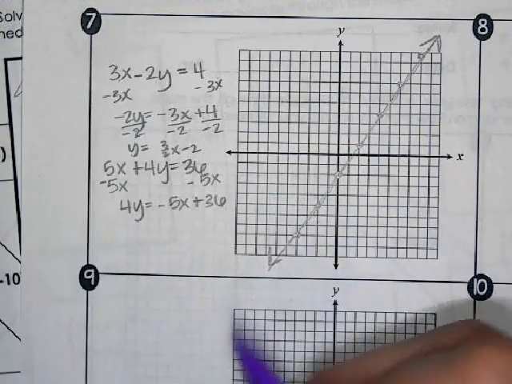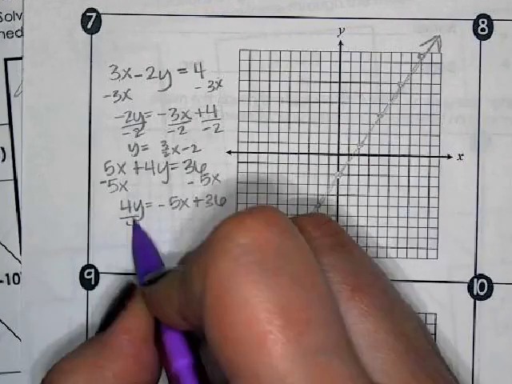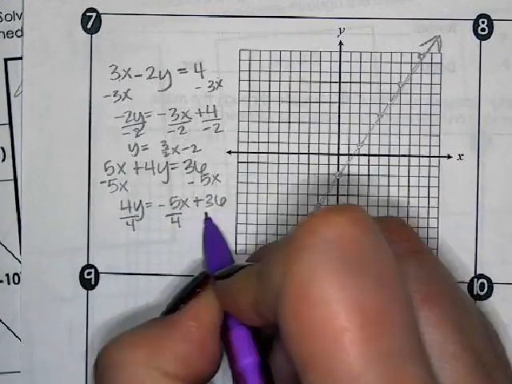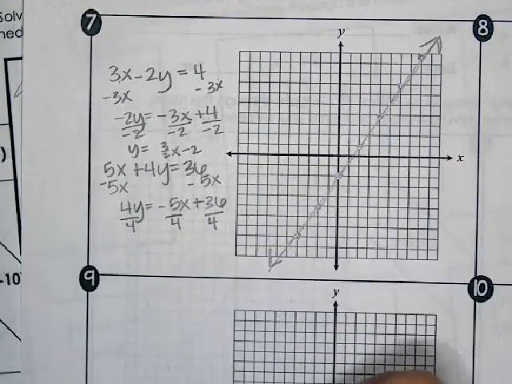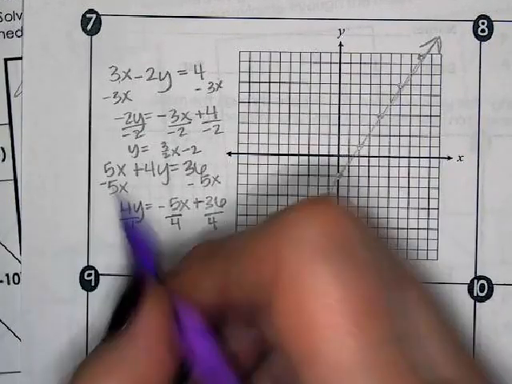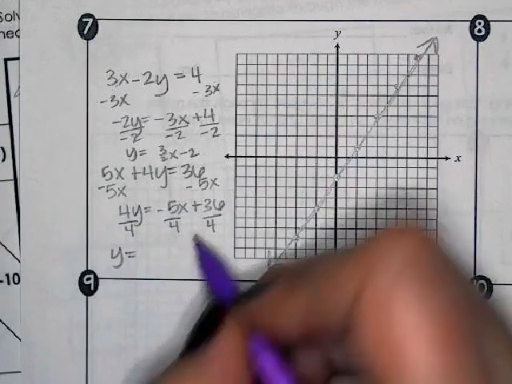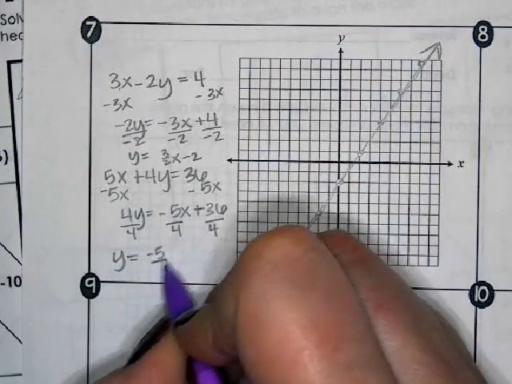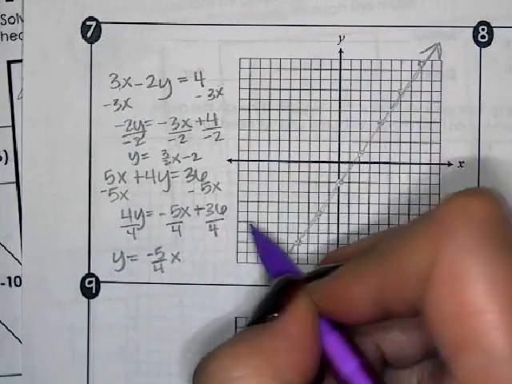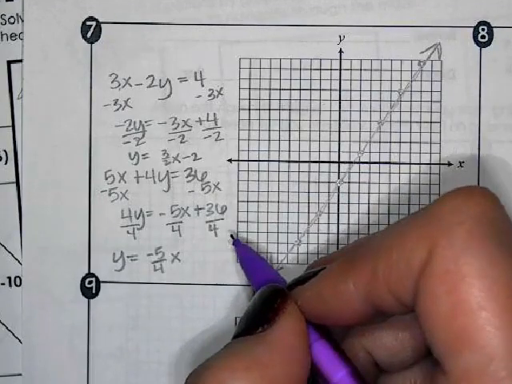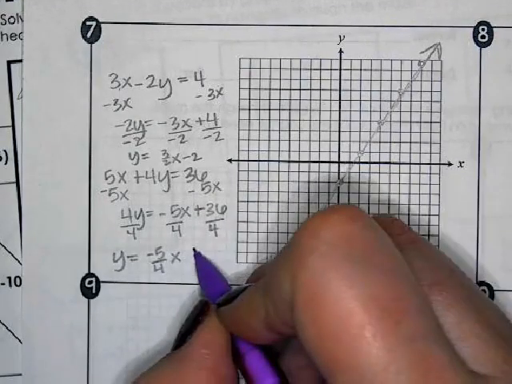Divide by the 4, get the y alone. So we've got y equals, what's our slope? Negative 5 over 4. And we've got the x on there. And our y-intercept is